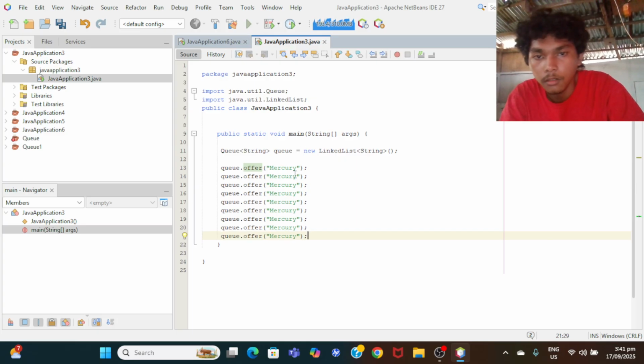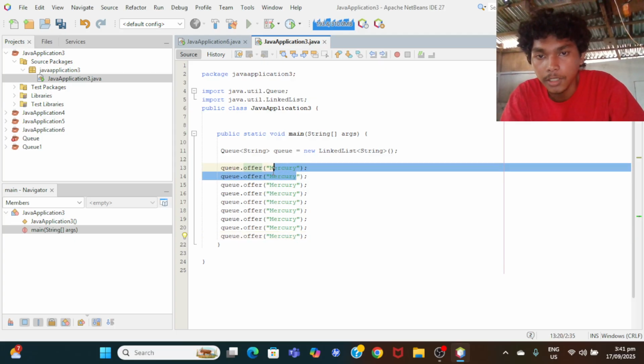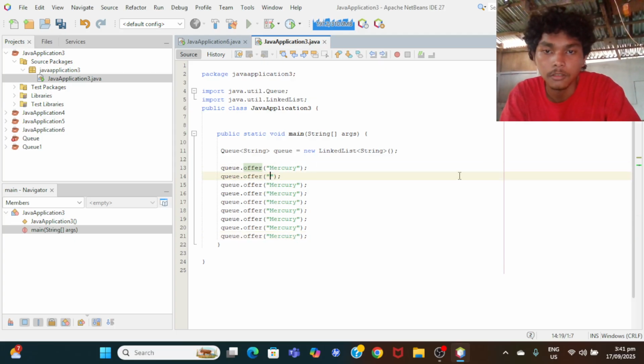So we're gonna change this. We now have 9 elements.